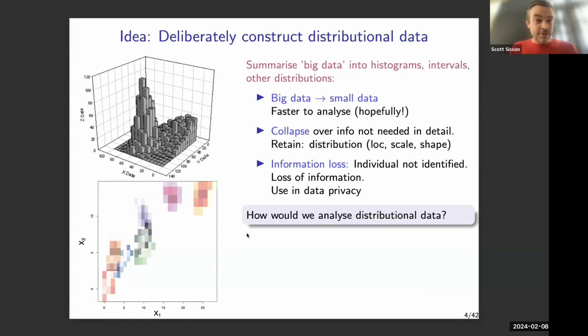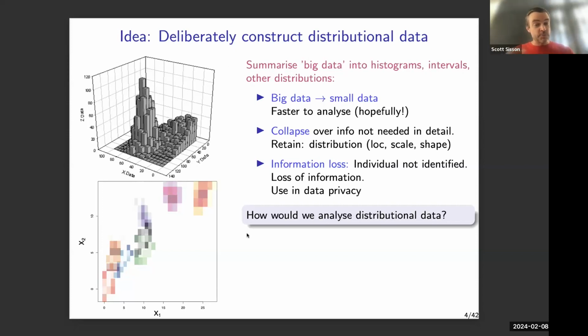But let's consider this idea of creating a distribution from these data. The picture on the top left might be a histogram constructed from these 100 trillion data points. This histogram now comprises only a few hundred numbers, but quite easily you can see where the data is, the shape, the scale, that there are 2 modes. And if, for example, we want to fit a 2-component mixture model, it seems that from these data we can quite easily make a really good guess at what the parameters of this model would be.